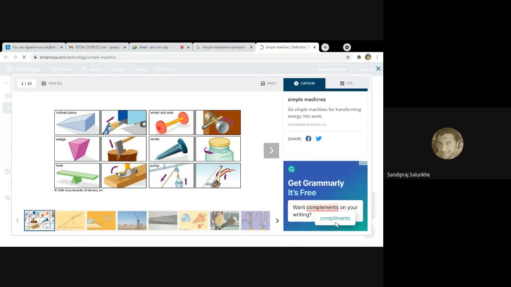And this is the hammer, which is used to pull out a nail. It's also a simple mechanism. This pulley is used to lift water from a lower altitude to a higher altitude. Here is the same example of a pulley, but used for a different application. Simply, if you see any bottle with its cap and it is threaded, then this also becomes a mechanism. These all come in the category of mechanism. So this is what the mechanism part is. Afterwards we'll go to the complicated mechanisms.